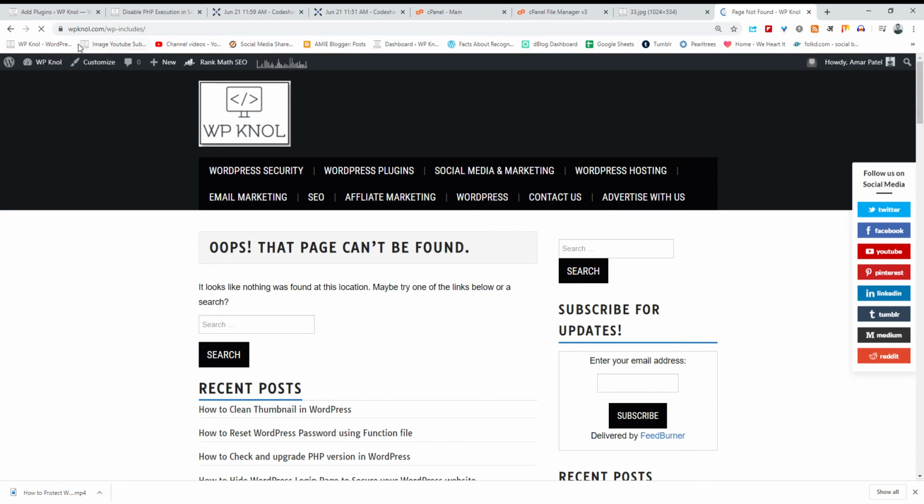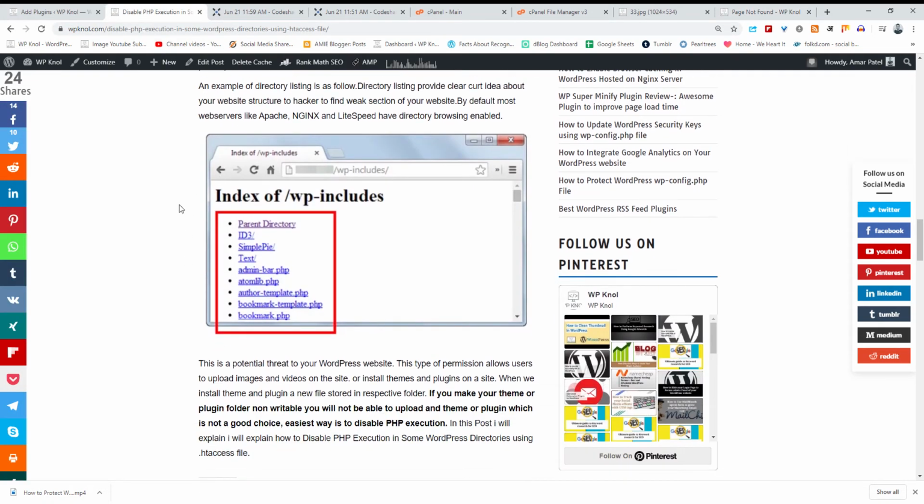Okay, so this is redirecting to my home page, and oops, that page cannot be found, which means the directories of my website are not visible, so a hacker cannot guess what type of folder structure or directory I have. In a similar way, if you type your website address and /wp-includes, and your website shows that directory, this means it is a potential threat.